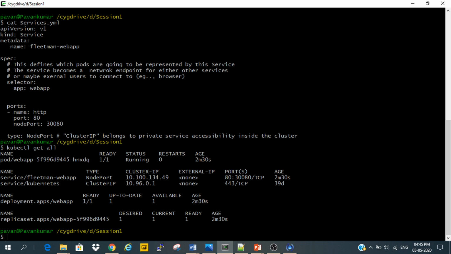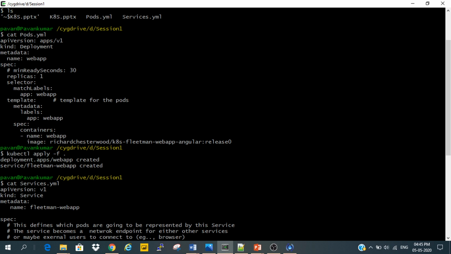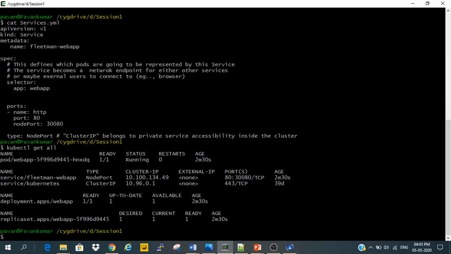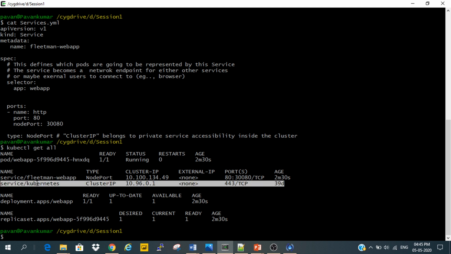Later, the replica set, which I told you, the replicas we requested, one to be maintained at all times. The replica set maintains the desired number, which we mentioned as one only: desired replicas one, current one, ready one, because that one should always be ready. If you delete it, let me tell you that scenario after this explanation of the architecture. And the service: this Kubernetes service is built-in.